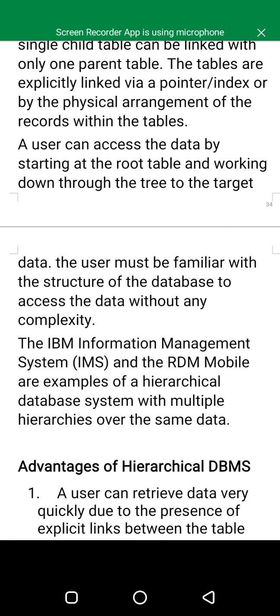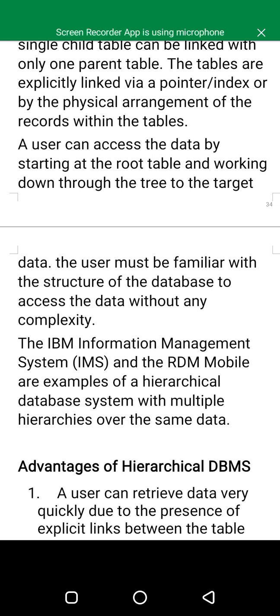The user must be familiar with the structure of the database to access the data without any complexity. The IBM Information Management System and the RDM Mobile are examples of the hierarchical database system with multiple hierarchies over the same data. Those are the typical examples we have.